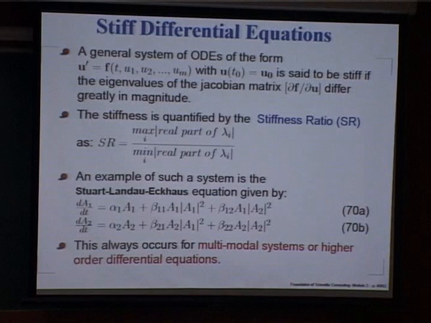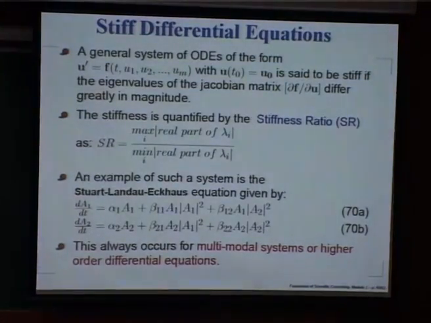and as an illustration we talked about the Stuart-Landau-Eckhaus equation, where these A1s are complex quantities that you are looking at. So are these coefficients alpha i and beta ij, they are all complex quantities. You can see that if we remove the coupling term, the last term here, or this middle term here, then you would note that the problem becomes somewhat easier. The stiffness does not come about, because stiffness is associated with coupled